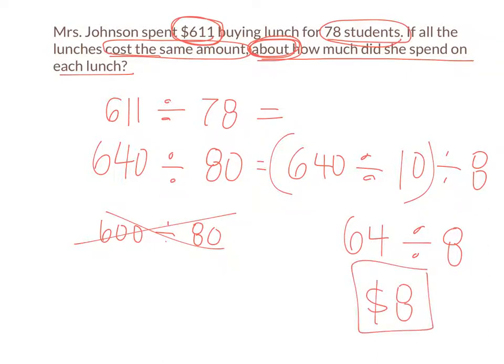So this is a great example because if I were to round the whole first, I would probably round it to 600. And then I would try to divide it by 80. But that would be really hard because